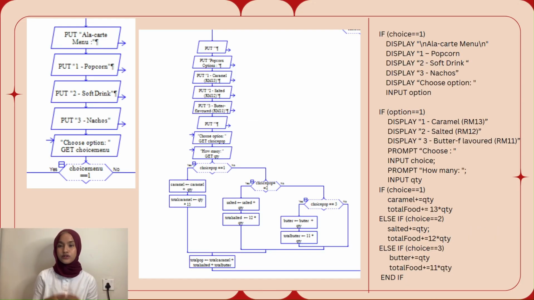And then if you choose the first one, which is the a la carte menu, we have popcorn, soft drink, and nachos. And then you have to choose an option. If the user chooses option 1, which is popcorn, we have caramel, salted and butter. Then the user has to input the choice, and it will prompt how many, and the user has to